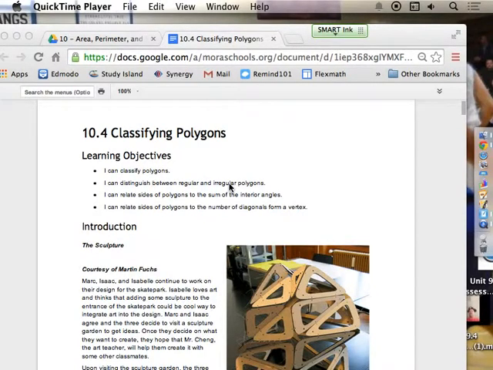Two major parts to this before we go on. The first one is figuring out what each kind of polygon is, and we determine that by the number of sides it has. And the second part is determining whether it's a regular or an irregular polygon. Okay? First,